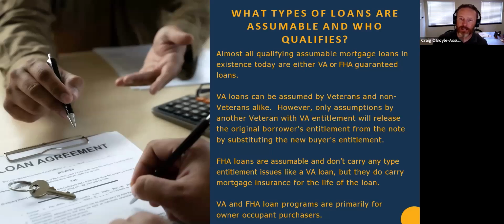And then in some cases, what we see is people are just like, whatever the heck sells the home. I got to get out. I got to move on with my life. But this is something that sellers, buyers, and their agents need to be talking about with regards to the deal. If you're selling a home and you 100% want your entitlement, your agent needs to be marketing it, saying we won't accept a deal that doesn't have full substitution. So those are big topics that people need to be aware of.